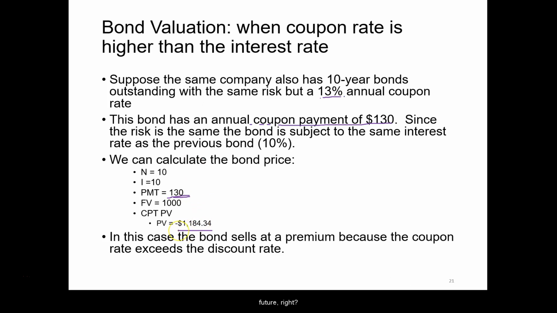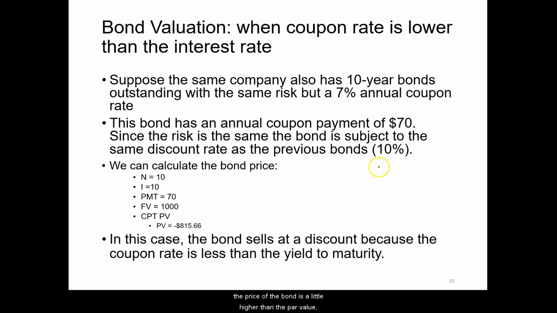So in that sense, you see when the coupon interest rate is 13%, higher than the 10% required rate of return by the debt holders, the price of the bond is a little bit higher than the par value, or say the bond is now traded at a premium. Now, what if the bond doesn't really pay that much? What if it only pays a 7% coupon rate, therefore only $70 coupon interest payments? If you look at this one, comparing to the previous bond, you see only the payment now is different. So you compare the price, and the price now is